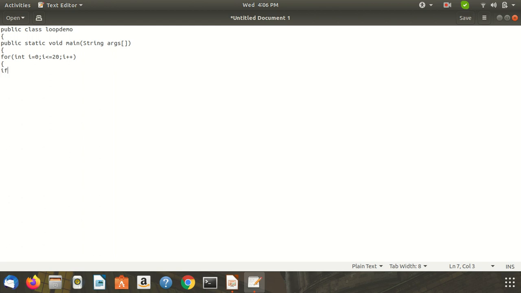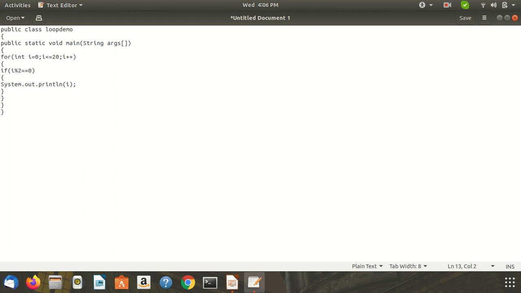So there is a condition if i modulus 2 double equal to 0, that means it will only check for the even numbers. System.out.println is an output statement in which we print the value of i, semicolon. Then complete the if block, complete the for block, and complete the main method and complete the class.